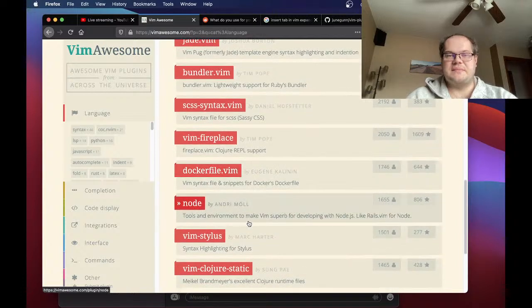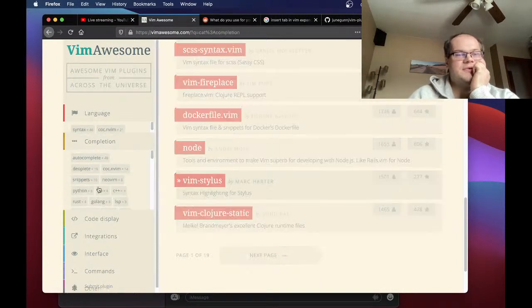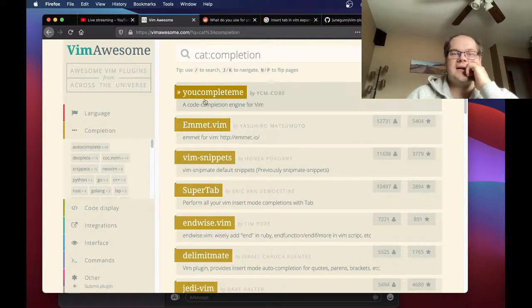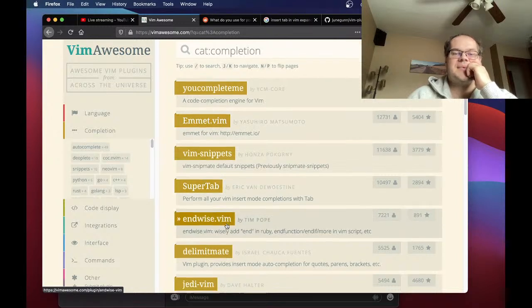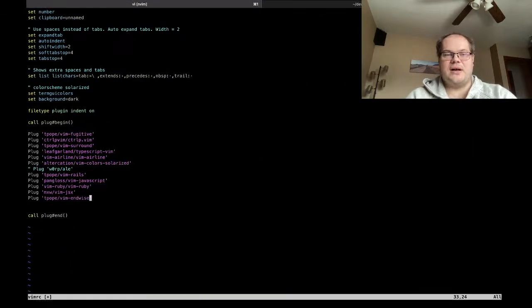Is there anything else that I'm thinking of? No, I don't think so. So completion. You complete me, which is cool. Emmet. Super tab, endwise. Yes, we definitely want endwise. So this endwise is in Ruby. If you type def,